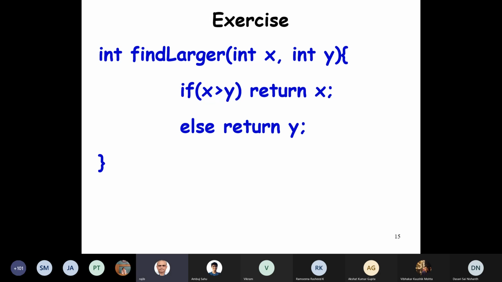Again, very simple function. We want to find the larger of 2 integers. X and Y are 2 integer arguments. And we want to return the larger of these. Simple C code. But how do you write the assembly code? Please think, or at least write or think how you would write the code for this. If I simply describe this, it may not be very effective in the quiz, or maybe in actual practice, you may not be able to write the code unless you actually write.